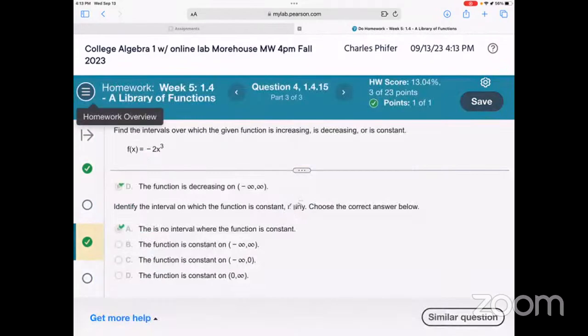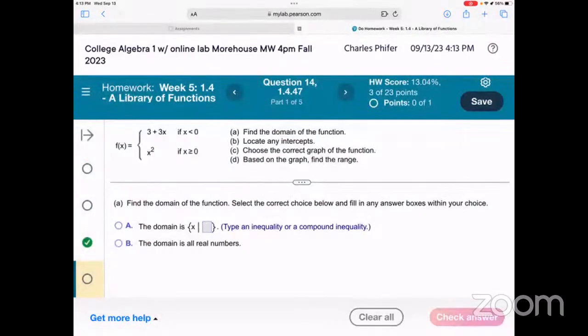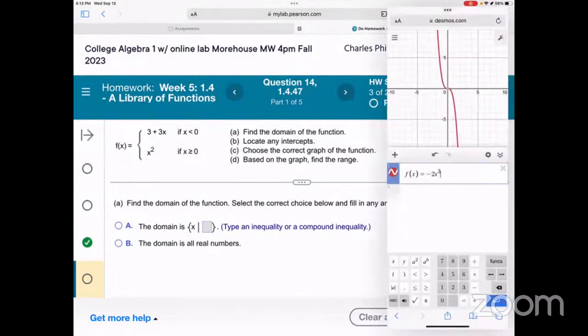Given this piecewise function, find these properties. Let's see if we can use Desmos to look at this graph. A piecewise function is just multiple graphs on the same plane, but then you have restrictions. Let me see if I can do this here. Actually, I'm not really sure, so what I'm going to do,